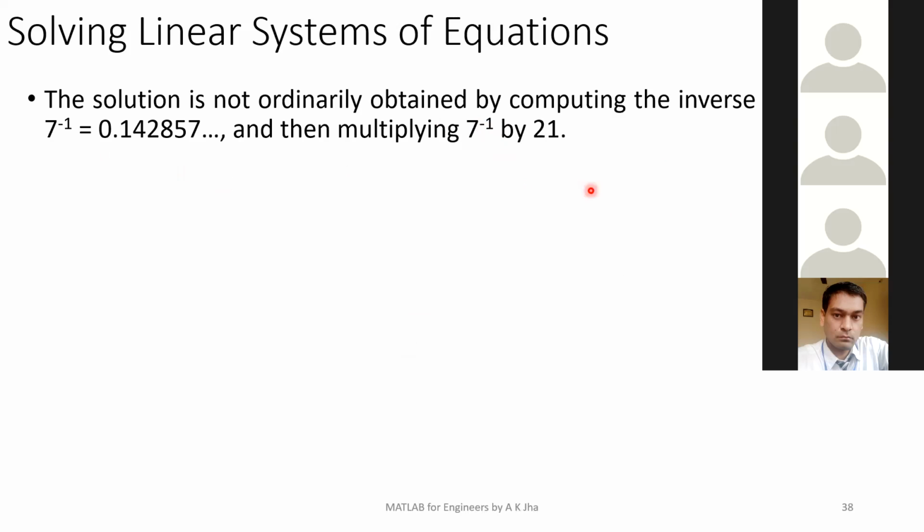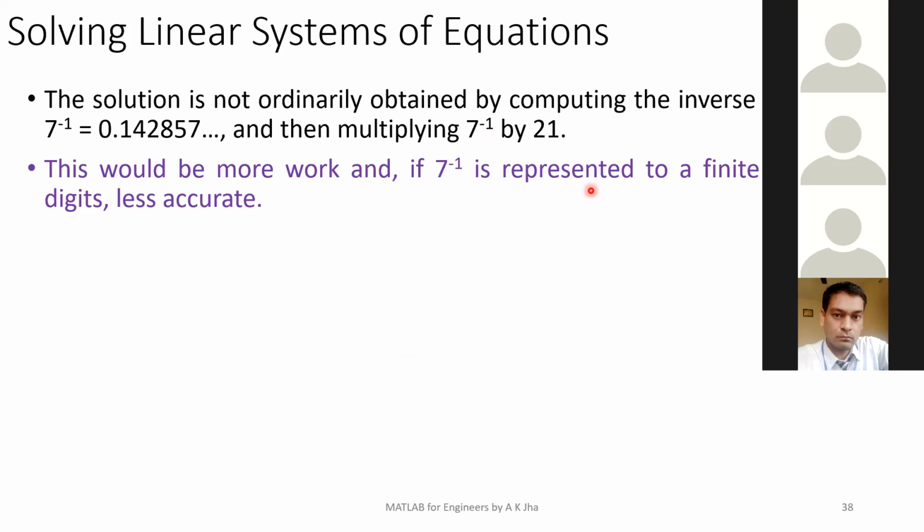Every time we need not calculate the inverse, like finding 7 inverse and then multiplying it with 21. That's not the case. That would be more work, and if 7 inverse is represented to a finite number of digits, it will be less accurate, right? If you use only 2 or 3 decimal places, it will